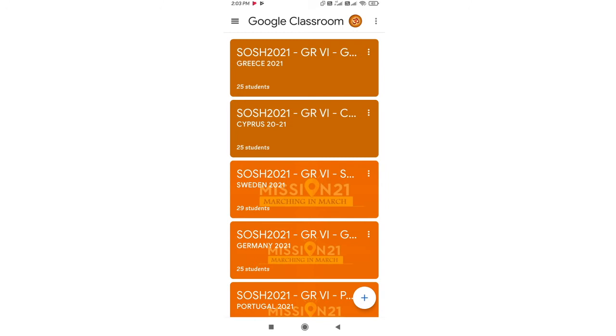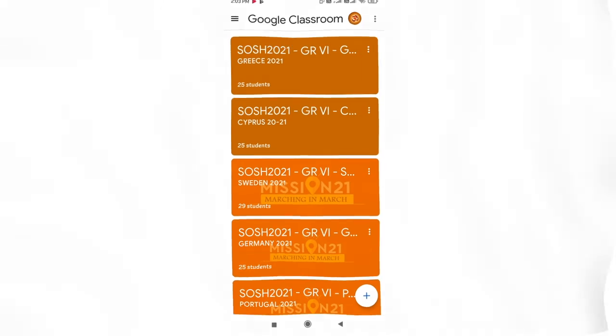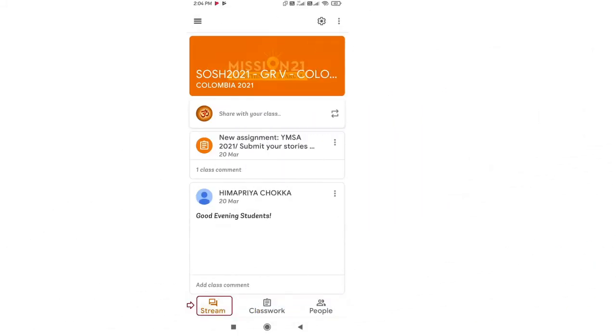For example, if we click on one particular classroom, let's see, this is grade 5 Columbia. You will see this option like SOSH 2021 grade 5 COLO, that's Columbia. SOSH means Silver Oaks, Hyderabad 2021. So this is the classroom information.